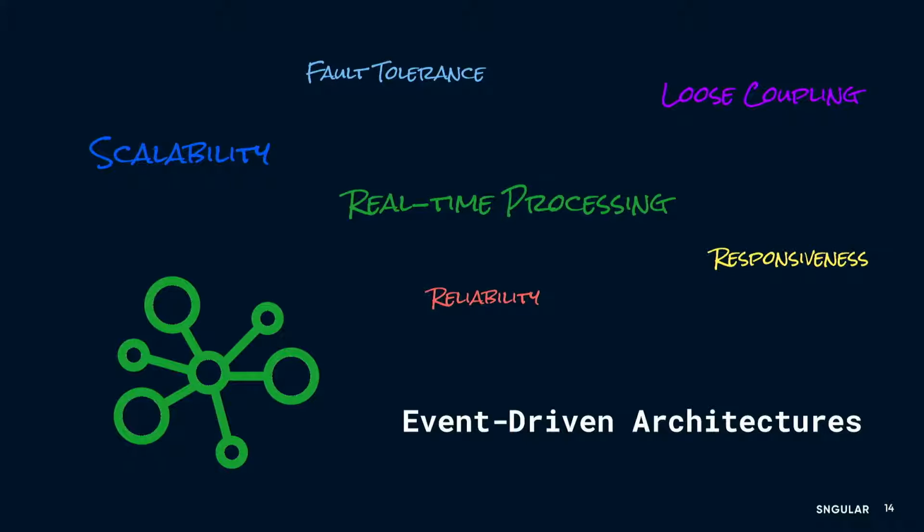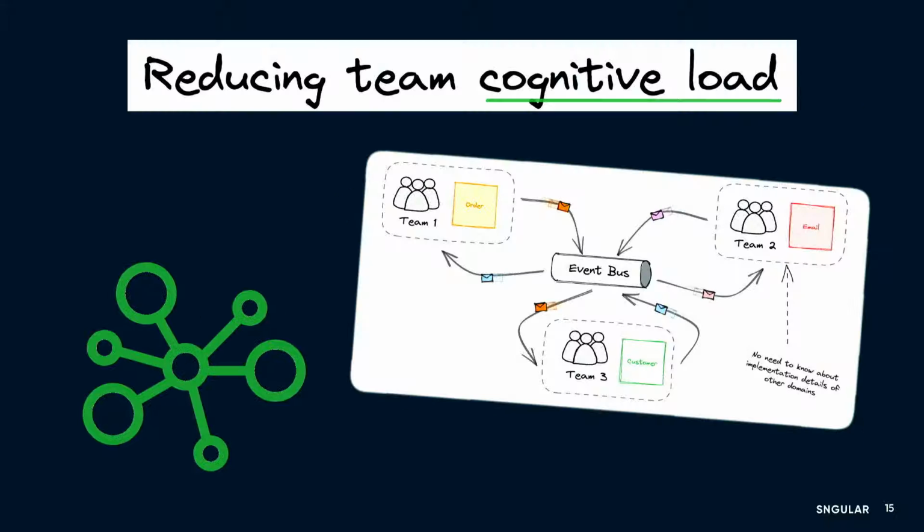with some advantages at runtime, mostly about scalability and loose coupling, but it also comes with something very important to scale our teams, because it reduces the cognitive load of our teams. Each team doesn't need to understand and doesn't need to know about the implementation details of other domains. It's just about interchanging messages in a conversation where you just need to know where to send the next message and when to listen for the messages that you are interested in.